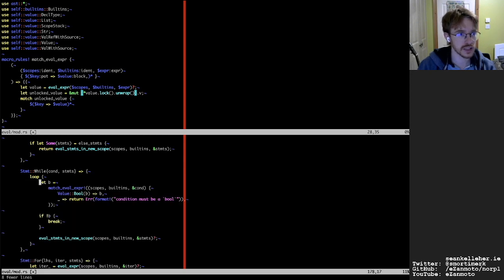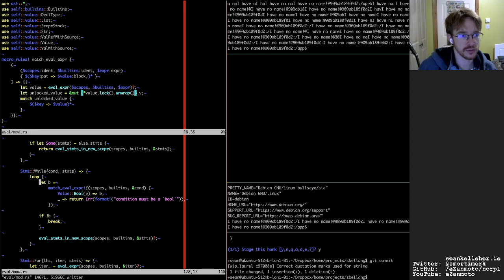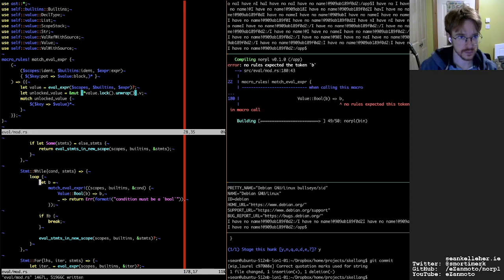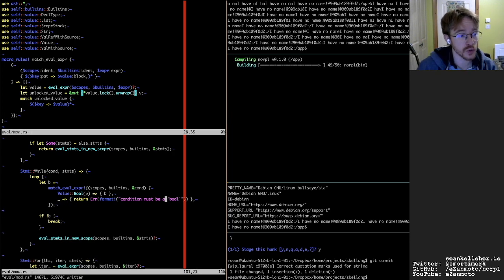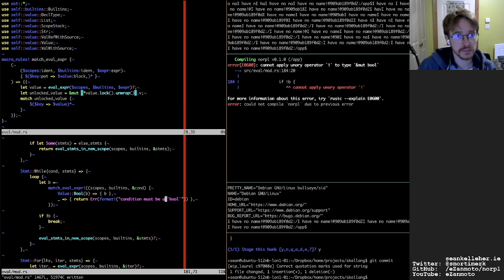So if I take a look at this, for example, and just try to compile what I have here, hopefully. So when calling this, no rules expected, this macro, yes, so this is probably, so there are a couple of limitations to what I have so far, because again, I'm not the most familiar with macros. So that returns a mutable reference to a Boolean instead. But before I go into that anyway,